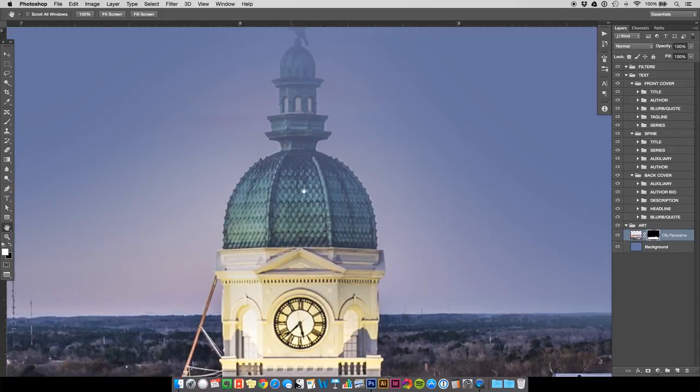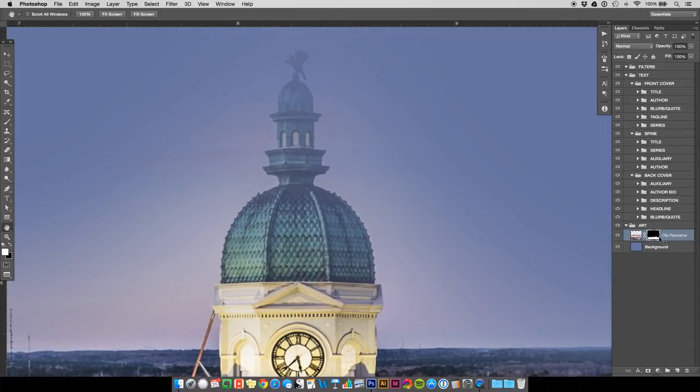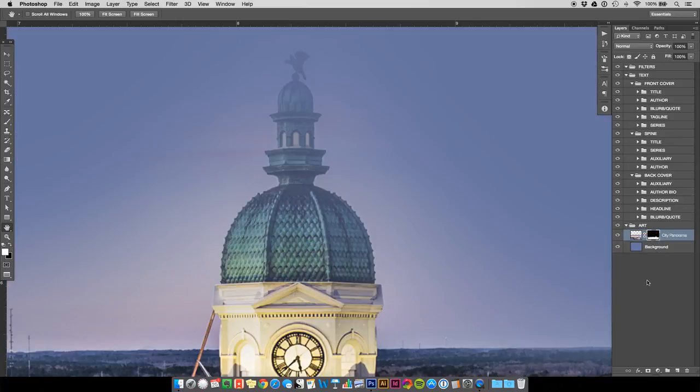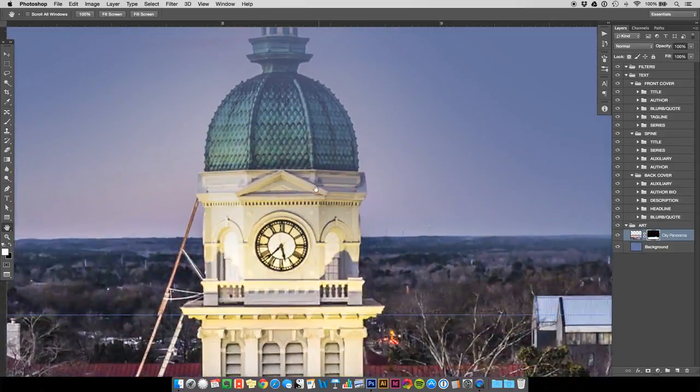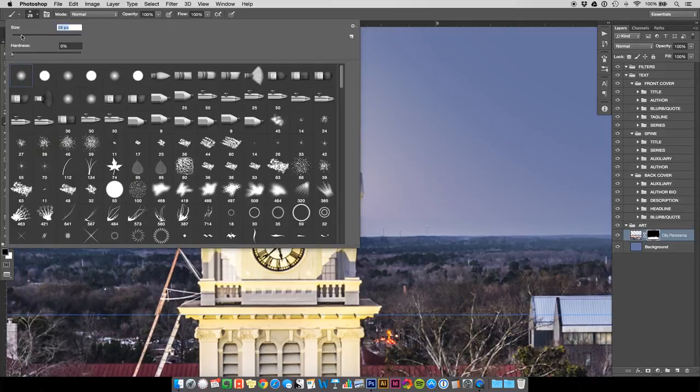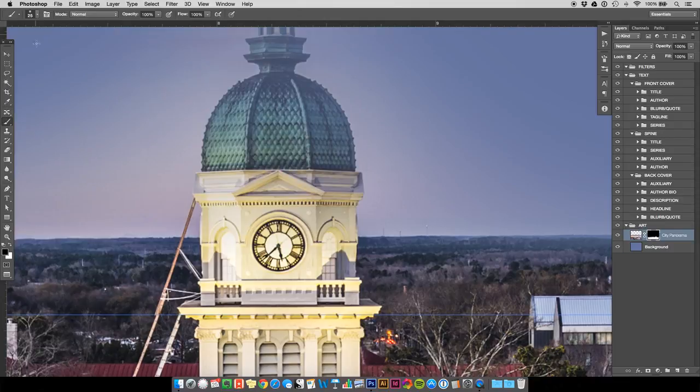Now, the tower isn't actually erased. Remember that if we disable our layer mask, the tower is still there in all of its nice contrasty glory. So let's turn that layer mask back on. What we want to do is unmask this area over the tower. So we're going to take our brush tool, switch it to black. We're going to make that brush nice and tidy and small. Let's try 25 for now. We just want to brush out